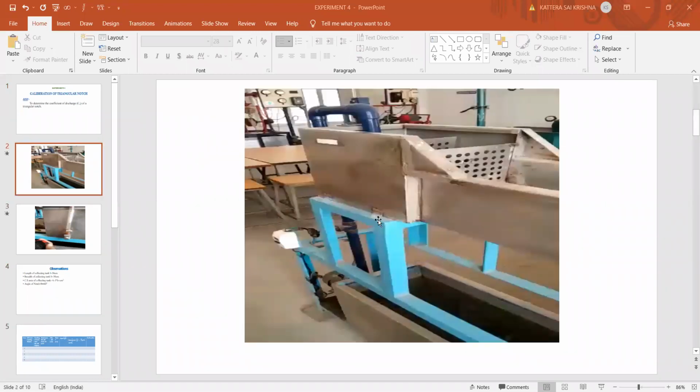Okay, so this is the experimental setup, and you can see a U-shaped arrangement of plates. It is just like a channel, nothing but a canal. If you see, it will have a channel section like this, and there will be a pump connected to our reservoir.